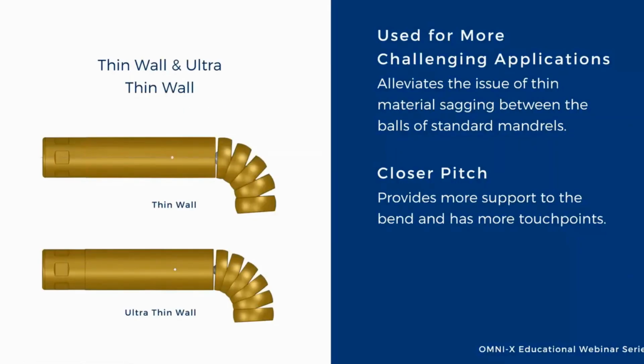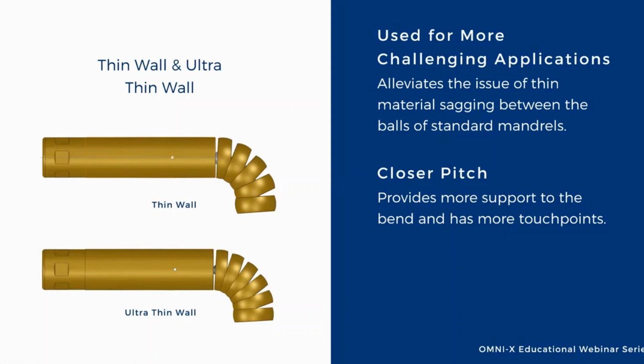Thinner wall tube requires more support during bending to keep the thinner material from flowing into the gap between the balls on the OSR of the bend. The way to offset the material sagging issue is by bringing the touch points between the balls closer together using a smaller link size and increasing the number of balls and changing the configuration of the balls so that they nest, to minimize the wrinkling on the ISR. To provide the best support, these mandrels